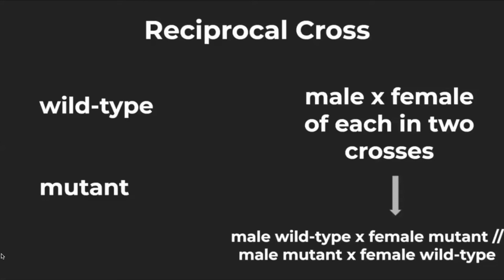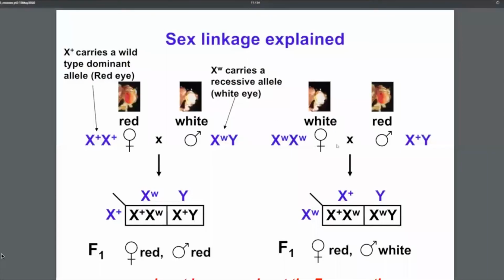And in the second cross, we're going to take a male mutant and a female wild type and cross them and see what we get. And so let's switch over to the slides real quick. The reason we actually do this is because it helps us figure out the linkage, quote unquote, to either males